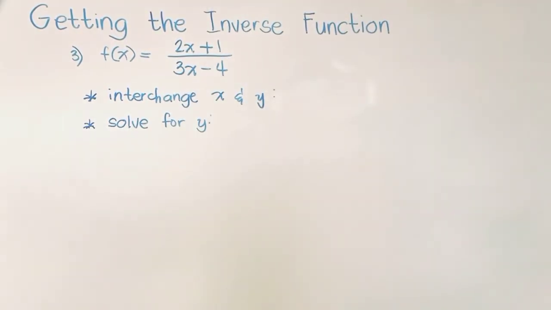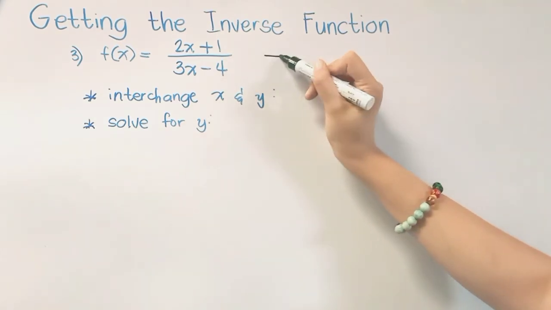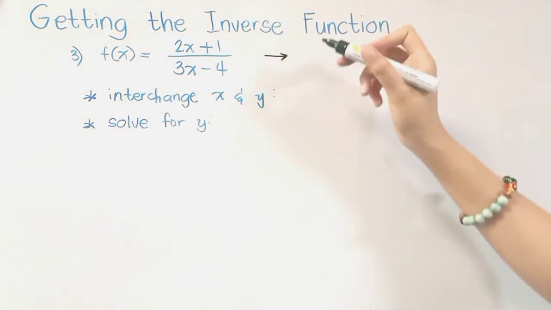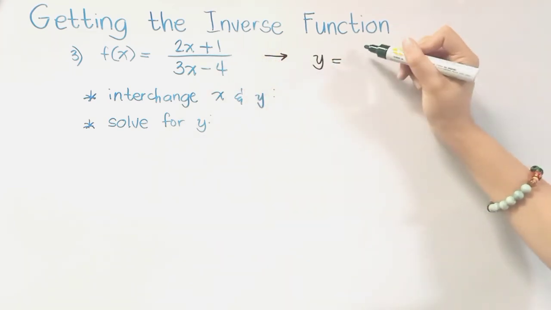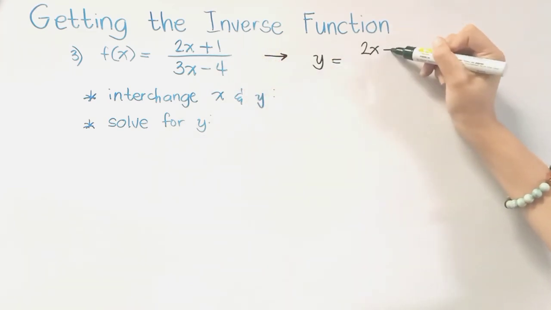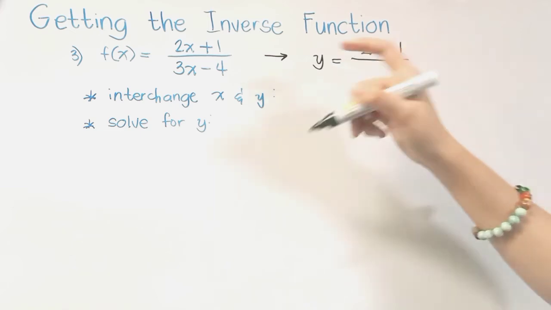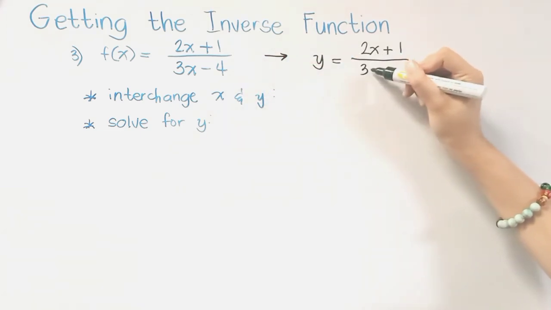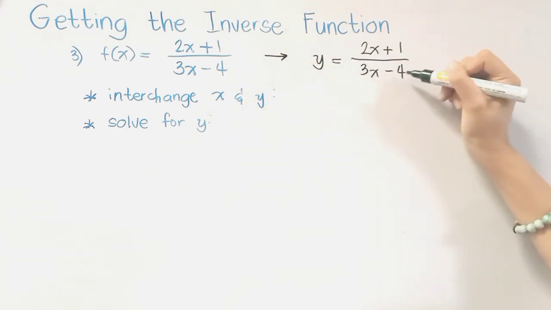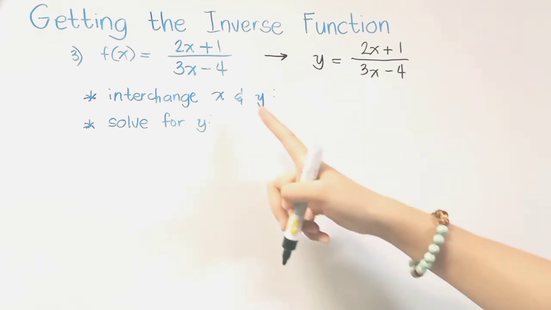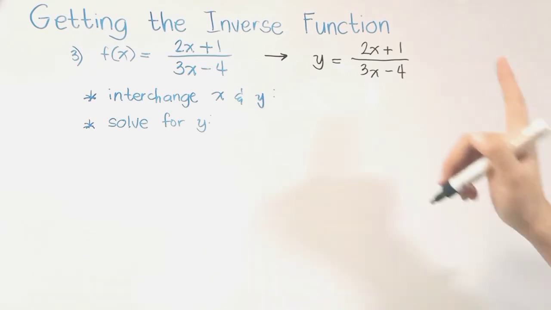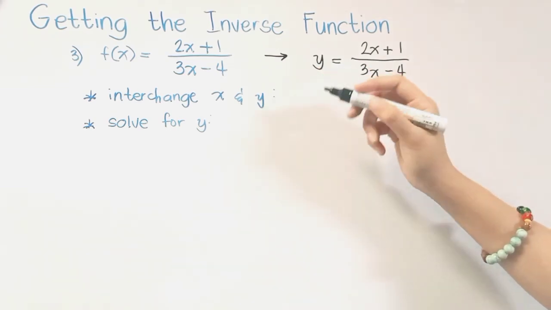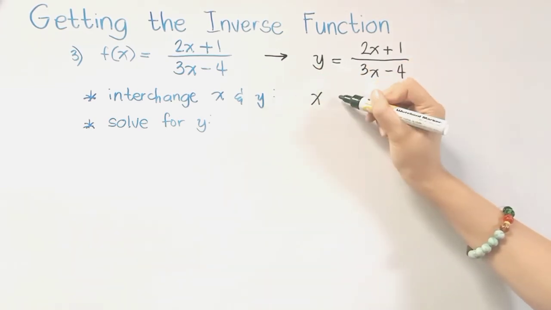Let's now have our third and last example. So this is a rational function. f of x again will be replaced by y, and then we will simply copy the rest of the given. So that's 2x plus 1 all over 3x minus 4. Again, our first step is to interchange x and y. So our y here will become x and our x will become y. So our new equation is x is equal to